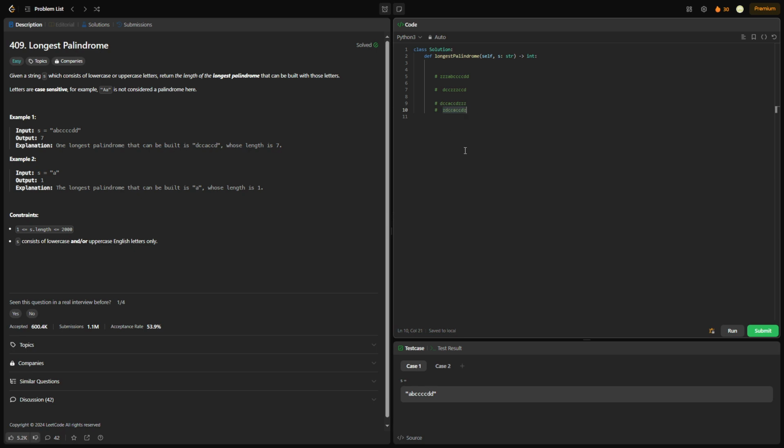So the way we want to handle this, because it's really going to depend: are we encountering an odd frequency that's greater than 1? The first odd frequency that we encounter, is it going to be a number greater than 1, or is it going to be a number that is 1? It doesn't really matter. We just have to make sure that the second time around that we handle an odd frequency count, we need to make sure that we don't add the entire thing to our count. Like, for example,